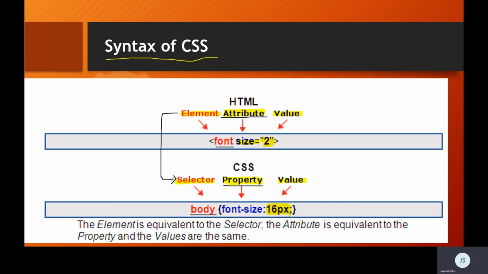And the major point you have to observe and understand is the assignment operator. Here we are using the equal to symbol, and here we are using a colon symbol. Very, very important, children. If we make a small mistake here, we are not going to get our output properly. And here we will not have any sub-property specification, but instead here I have a sub-property specification. By the end of this, what you have to remember: the name of the selector, the property name, the sub-property name given with a hyphen symbol, the colon symbol as the assignment operator, and values given in numerical form, either with pixel, point, or percentage.